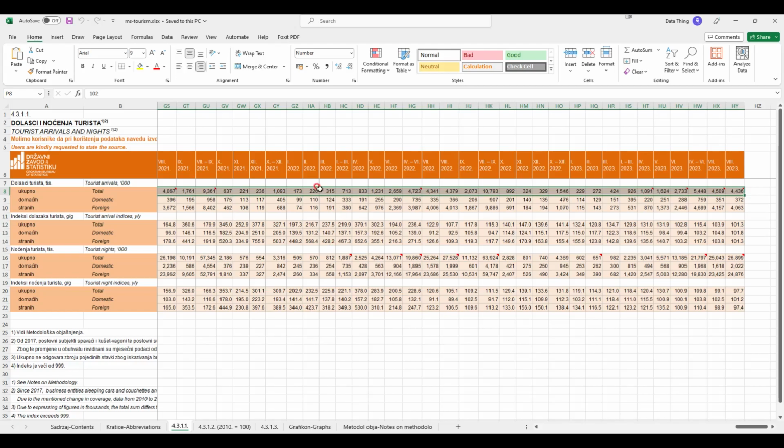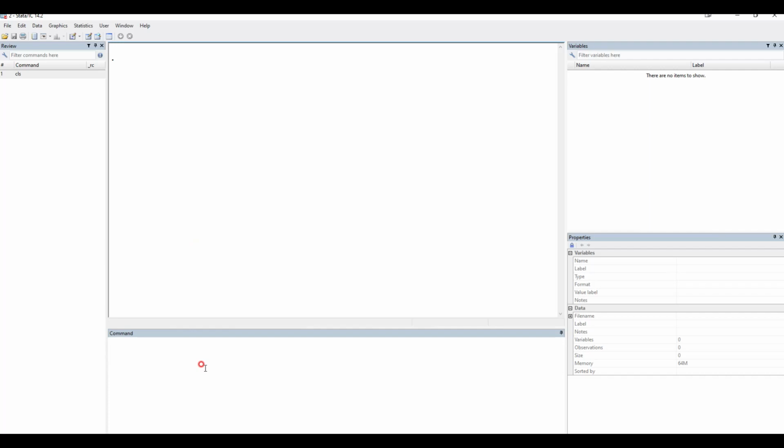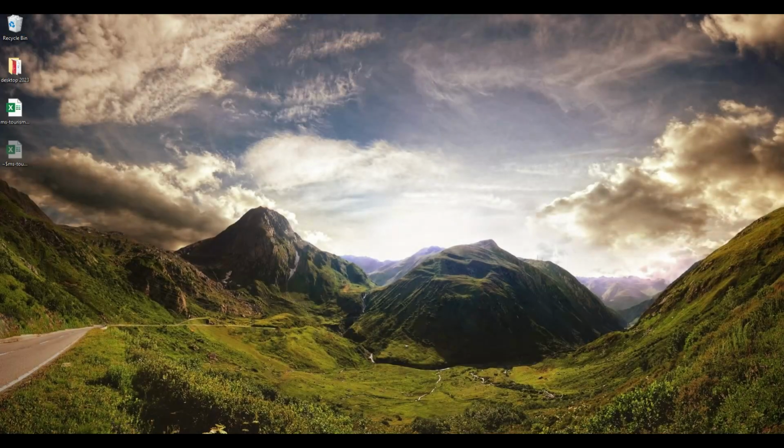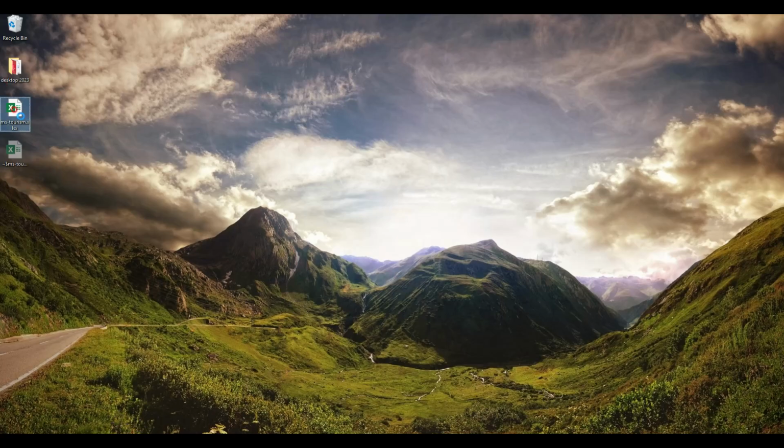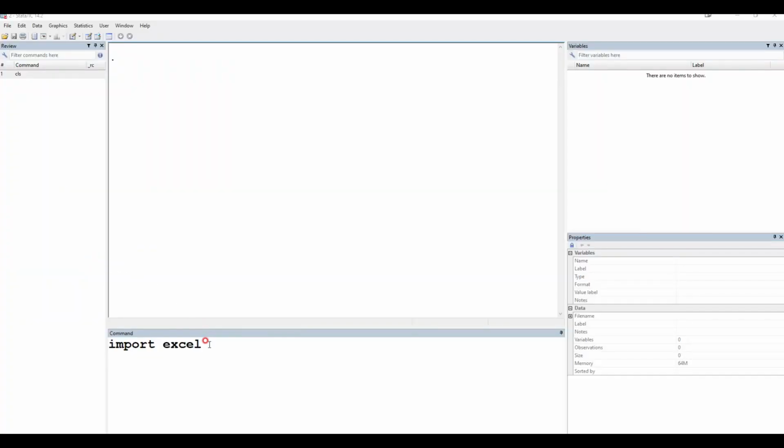and also I will not use anything to help me, so I will not just transpose it here. I will show you how to do it in Stata. So in Stata I need to import Excel, and then obviously I need to first see what my path is. So my path will be this,